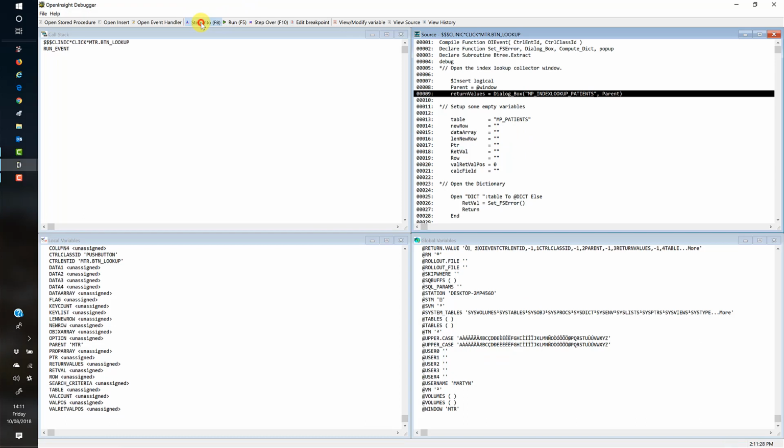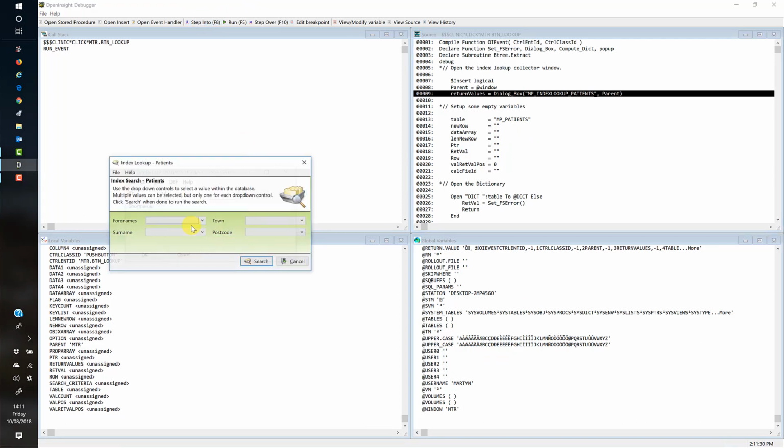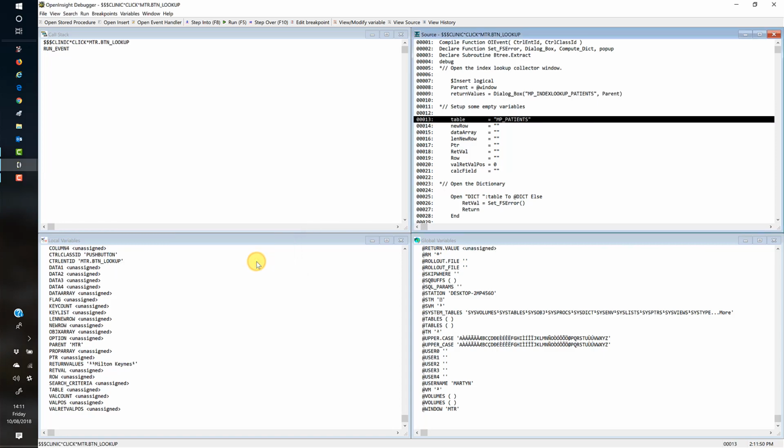So if we step into again, we now get the window come up because we have hit the return values equals dialog box, and it runs the MP index lookup patients at the window. So this gives us the window. So we can now make a selection. Let's take Milton Keynes and search, and then we return back into the debugger, and it stepped over into the